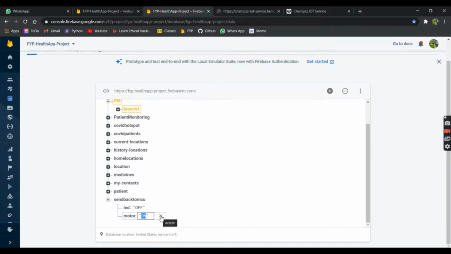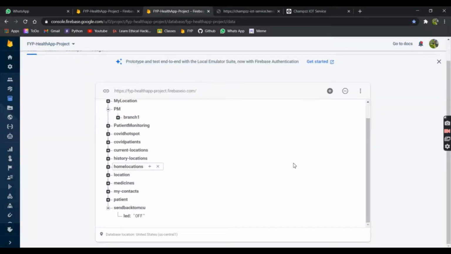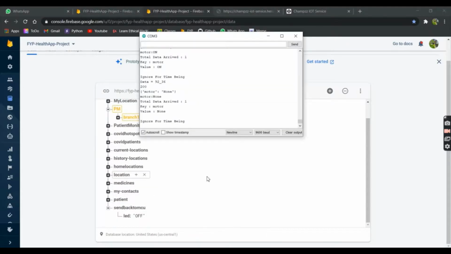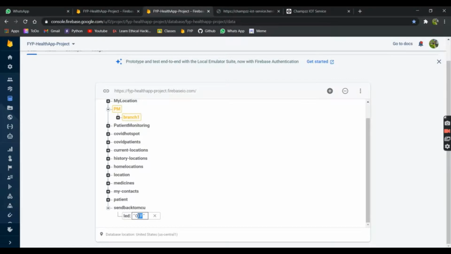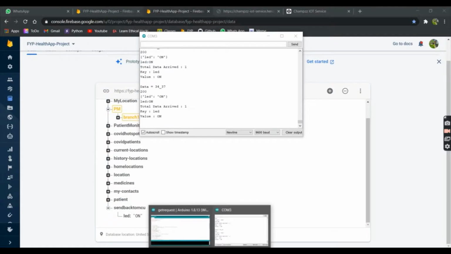If I delete this, okay, it's actually in the background. So okay, it's deleted now. Now if you see the response, I will change it to on state now. You should get the response there as on. If it is working fine, yes, it is on now. The value is on, and you can assign a function to it.